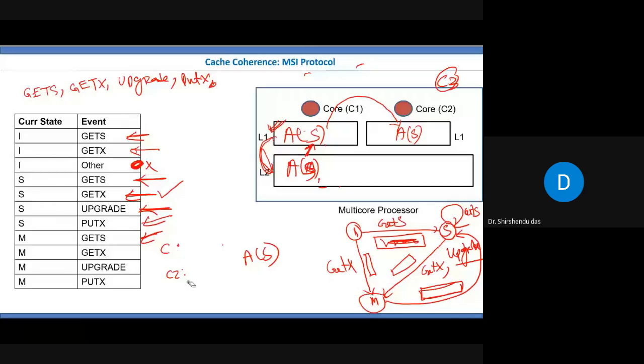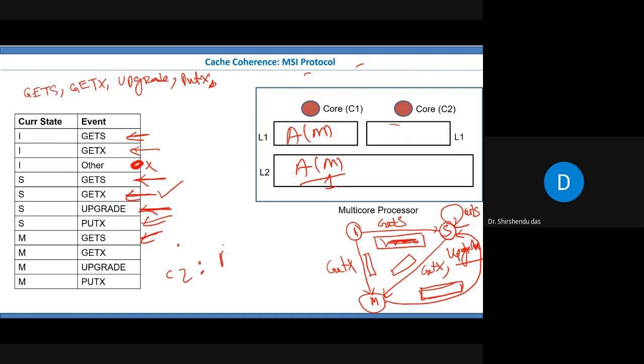Okay, I think after this, the next is easy. If you have an M state and another person is also in M state, then it is easy, right? A is in M here, it is in 1. Now if C2 is requesting for the same block, C2 is requesting for A in X mode. So this state is coming. Your current state is M, but you are getting a getX request. So in that case, also